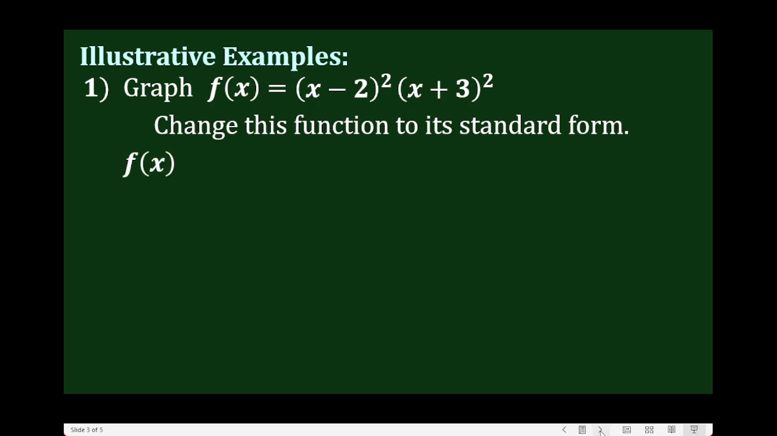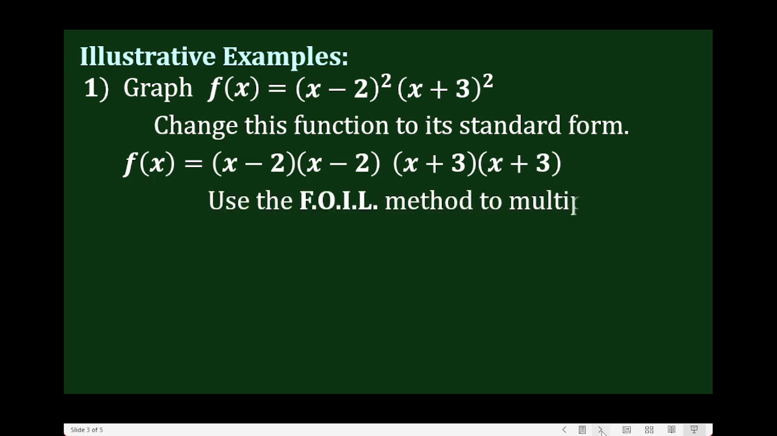Now, first for each factor, we're going to expand. When we say quantity x minus 2 squared, that can be expressed as quantity x minus 2 times quantity x minus 2. While the second factor, which is quantity x plus 3 squared, can be expressed as quantity x plus 3 multiplied by itself also. And for each pair of identical factors, we can do the multiplication by using the FOIL method. Okay? So with that,